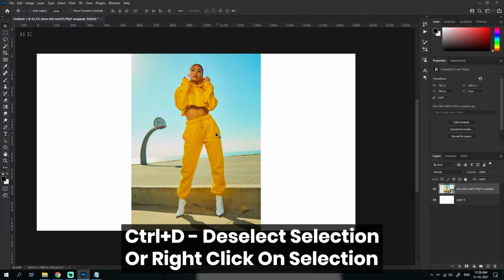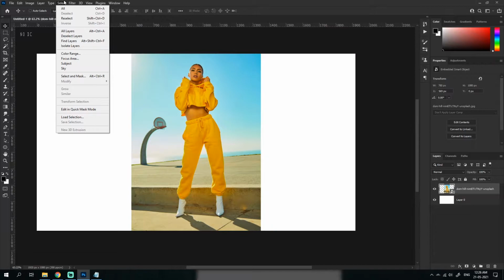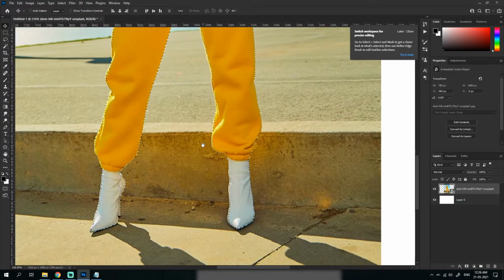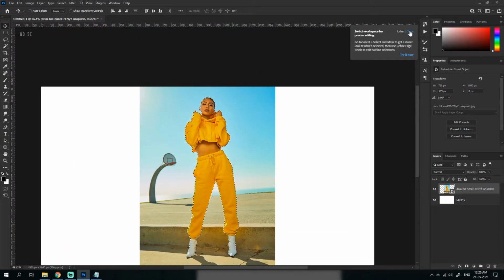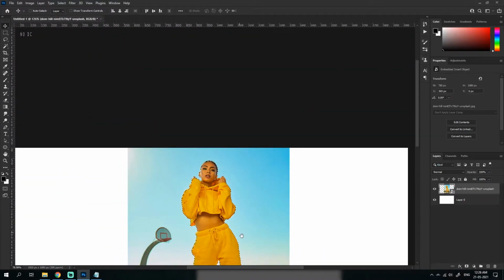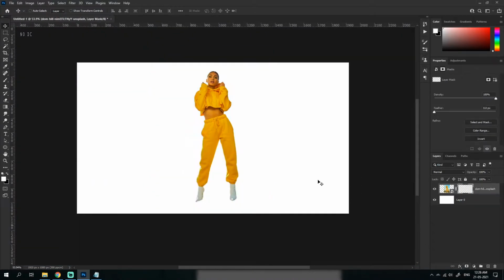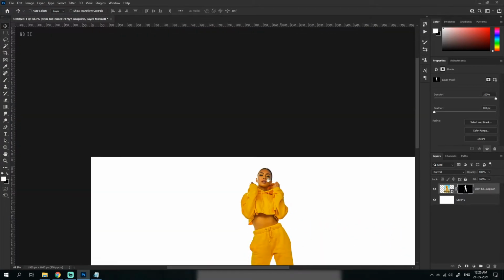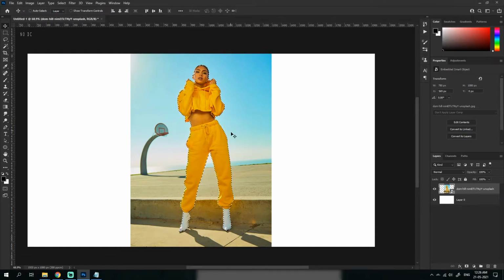Now the easiest way, which is available from Photoshop 2020, I think, is if you go to Select and click Subject, you see it automatically selects the subject for you, making it much easier. It is not completely accurate, but it is pretty accurate. So I can just do this without having to worry about doing all the selection myself, which is a pretty good thing about Photoshop's new update.